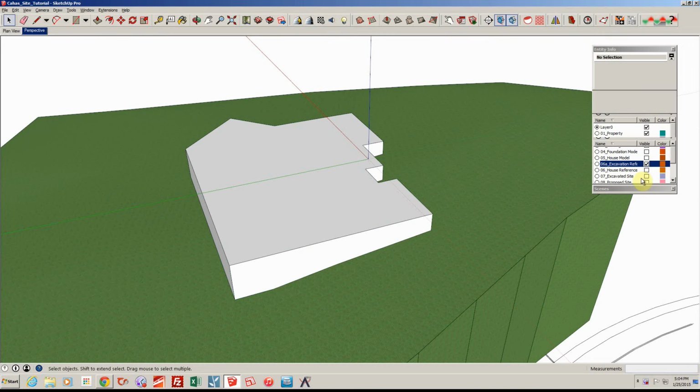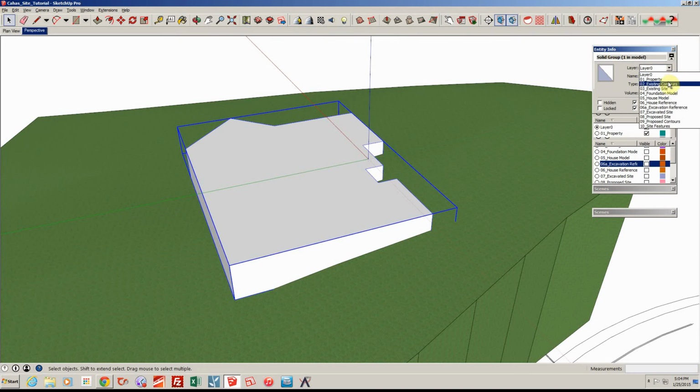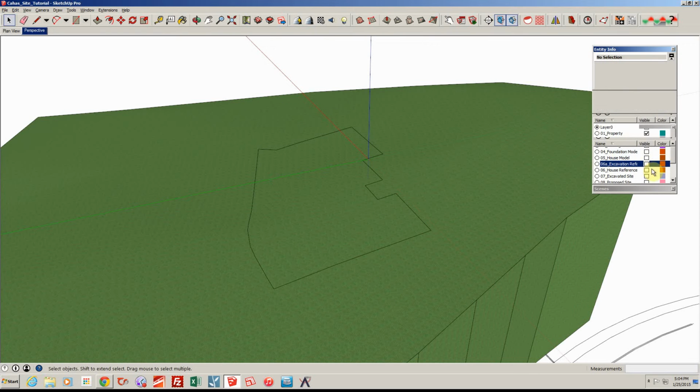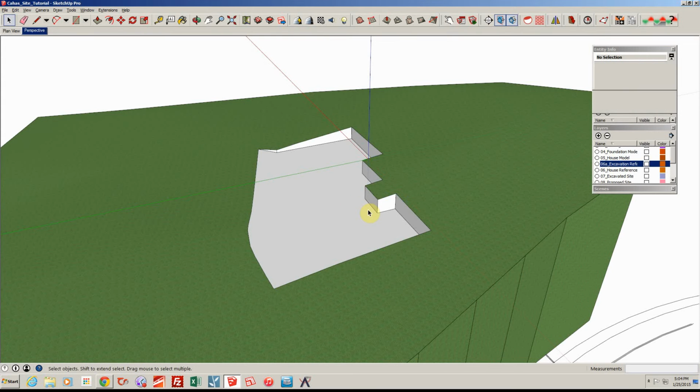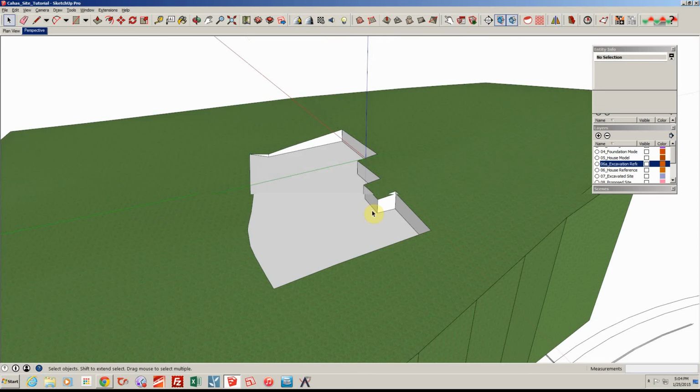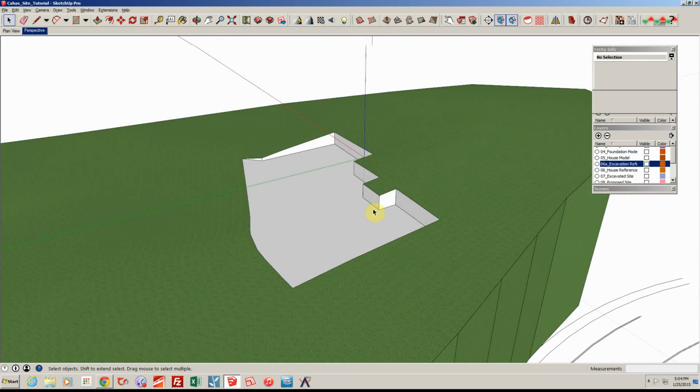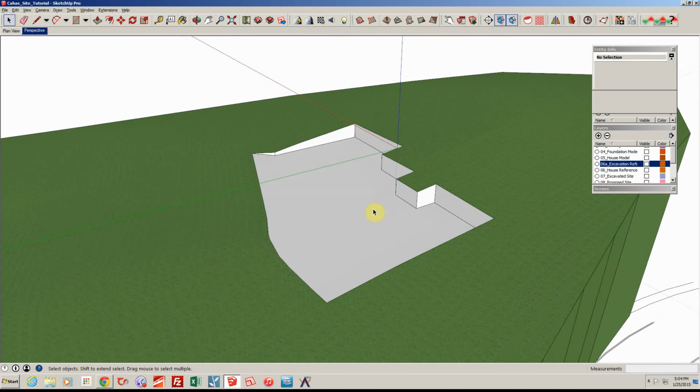So now if I cut off the excavation reference here, if I delete this, I should say, well, let me just make sure that that goes back onto excavation reference. Okay. Now I'm going to delete this portion that came out, and you'll see that there's my excavated site. Okay. So that's at the very least what we're cutting out of there,